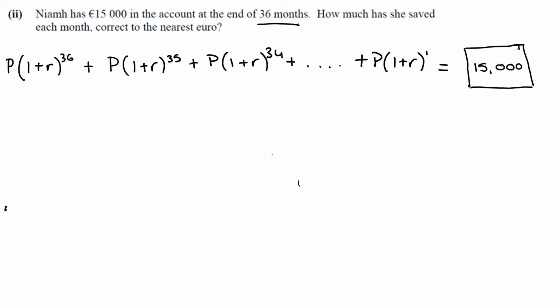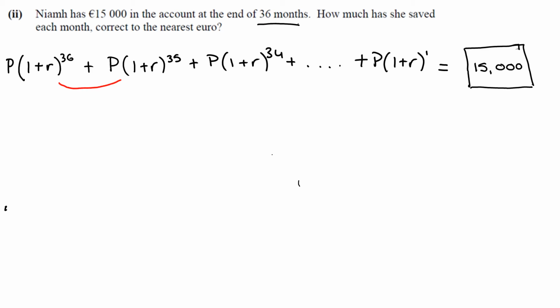Or is it at the end? Are we talking about bringing it forward? And forward, I'm talking about my future value. Bringing it back, I'm talking about my present value. So what we have here, now I know I haven't put in any numbers or I don't know P, that's what we're looking for. But effectively what we end up with, and what you will always end up with when we're talking financial maths,